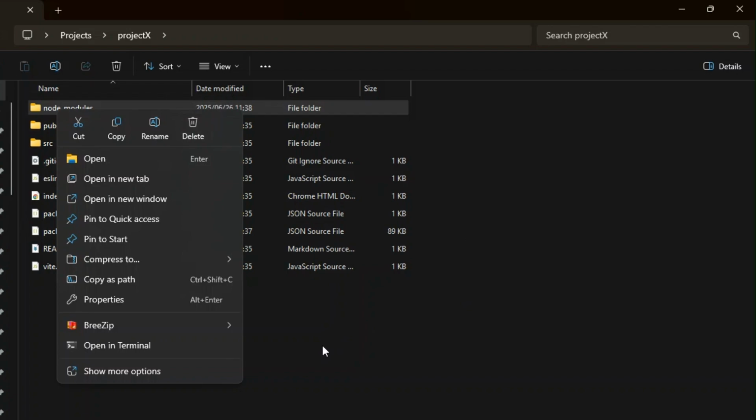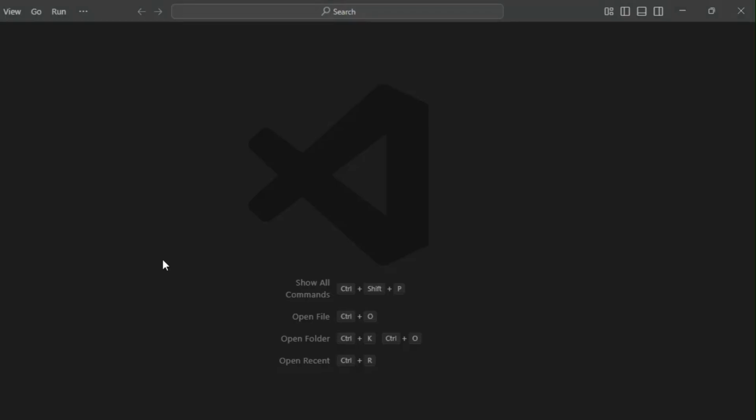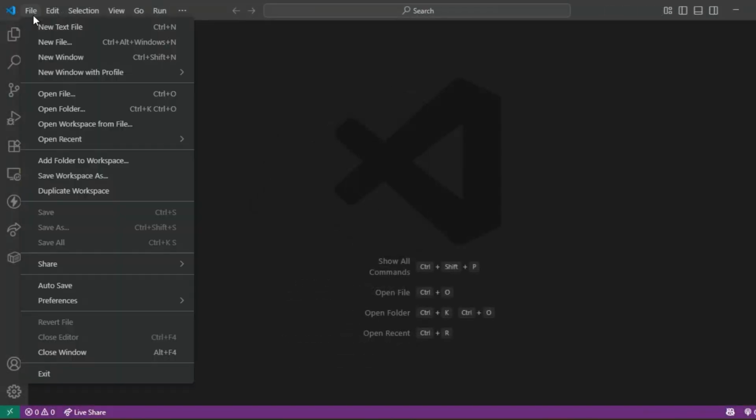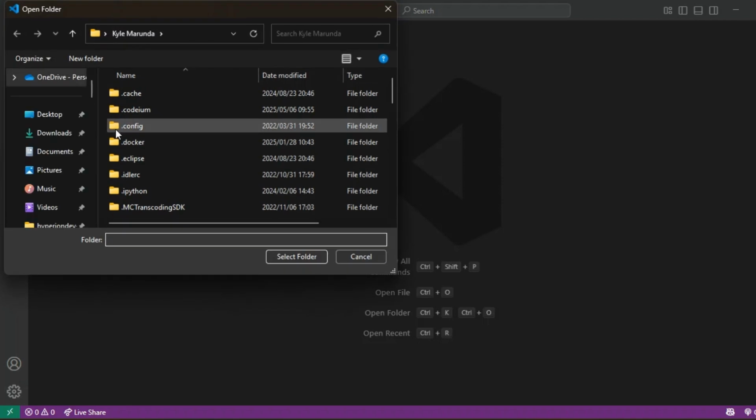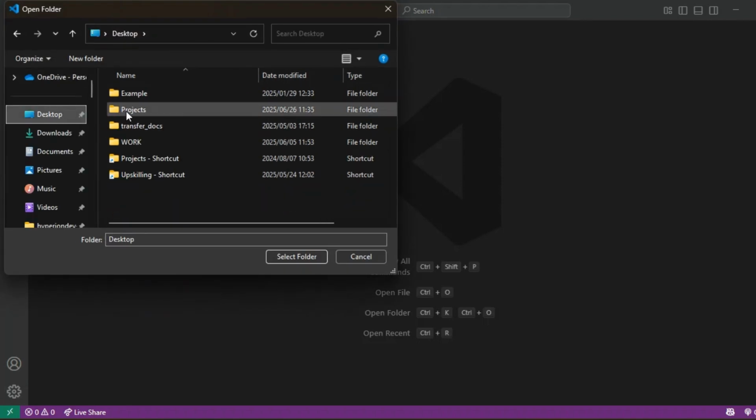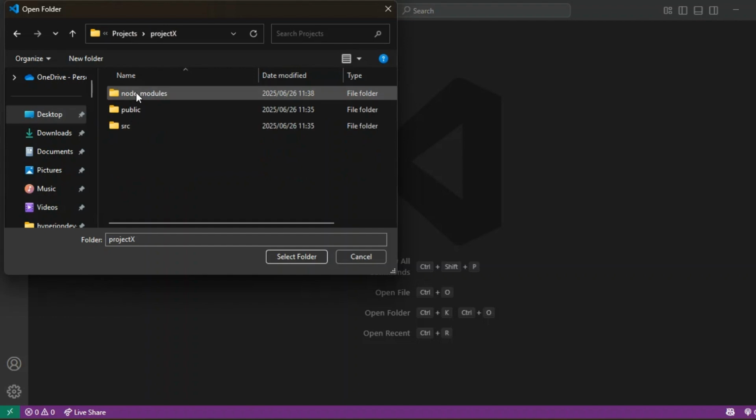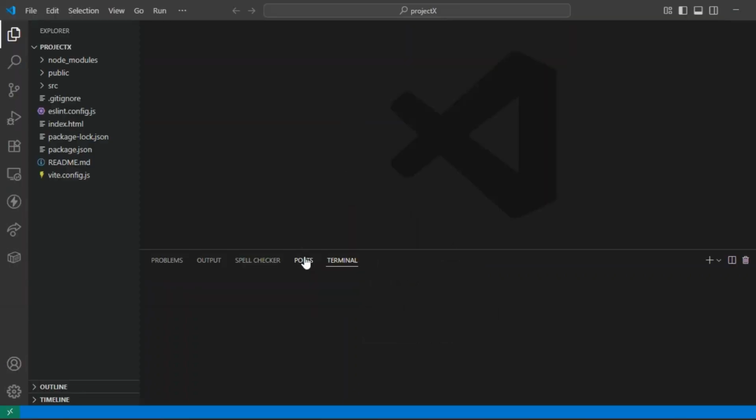Alternatively, you can delete the node modules folder from VS Code. Firstly, by opening the project in VS Code. So you go to File, Open Folder, find the folder where the React project exists, select the folder, and as you can see it's now open in VS Code,